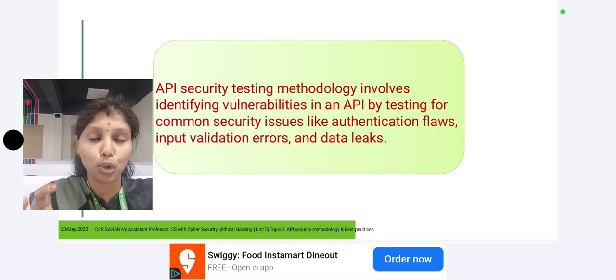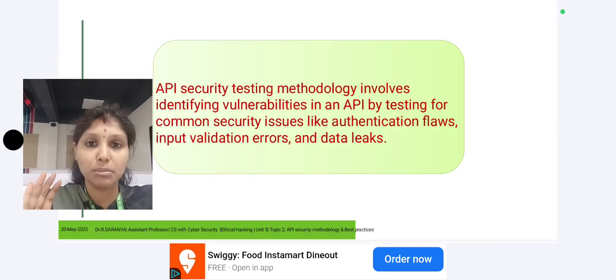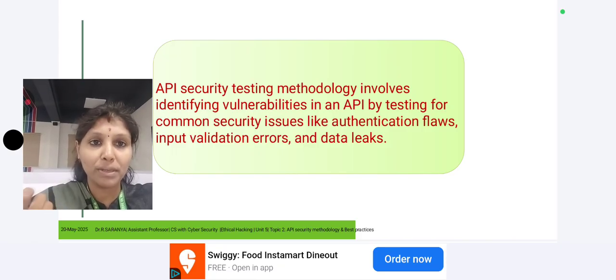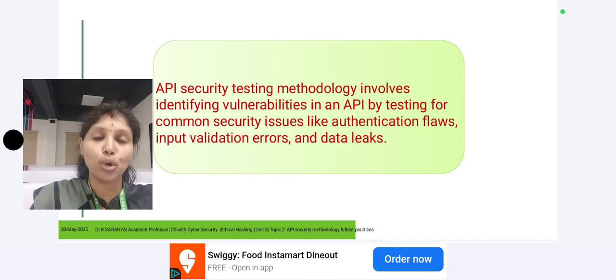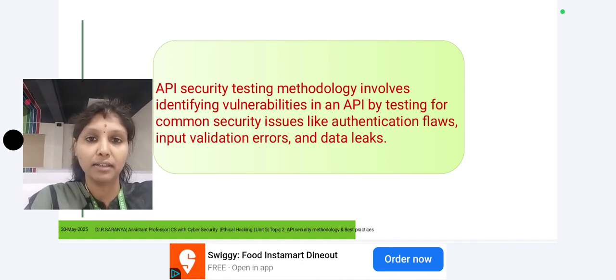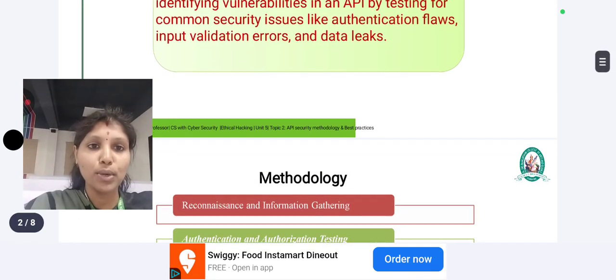the design, documentation as well as development, with the help of identifying the vulnerabilities in testing, as well as checking for common security issues like authentication flaws, unauthorized access, input validation errors, data breaches and data leaks, all analyzed in an effective manner under application programming interfaces. Now let us see the